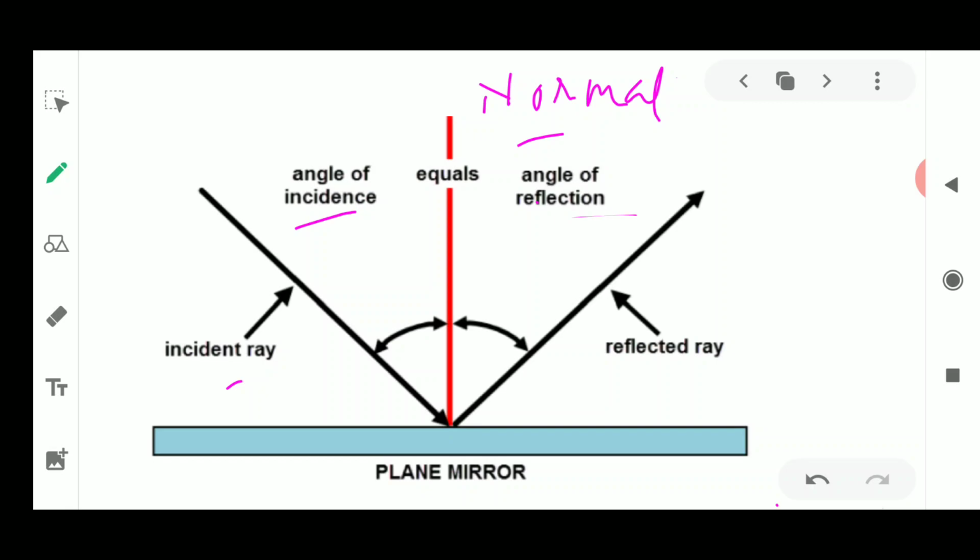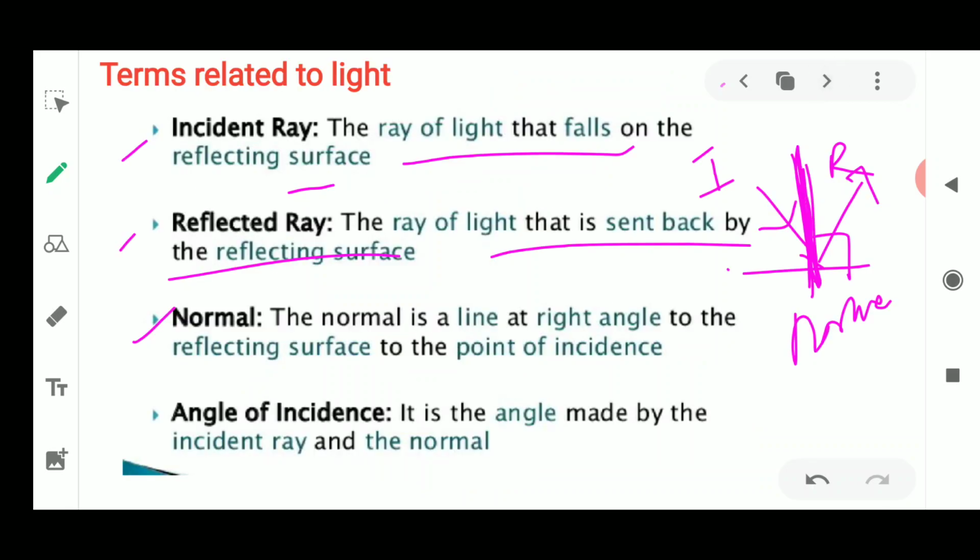Fine. So they are known as angles. Now the angle of incidence means the angle which is formed in between the incident ray and the normal. So this is known as the angle of incidence. Angle of incidence is the angle which is made by the incident ray and the normal. Please remember that in angle of incidence, the word incidence is related to the incident ray. So what is common in them? The incident ray and the normal are common.